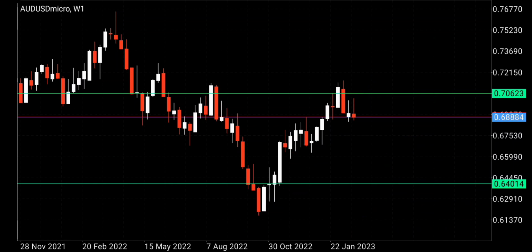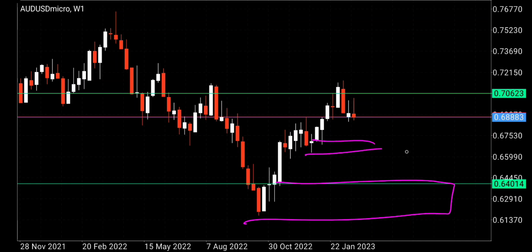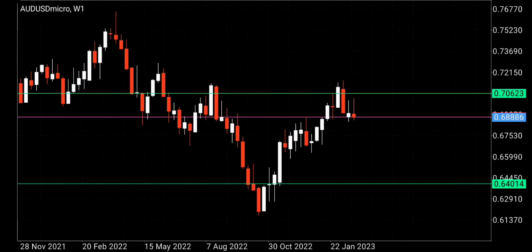So you just need to take out, sorry, this is our monthly support, and this is our weekly support. We are on weekly now. So you just need to say currently the price is the same thing that we saw on the monthly. We are reacting from the resistance, and when we reacted, we did this,